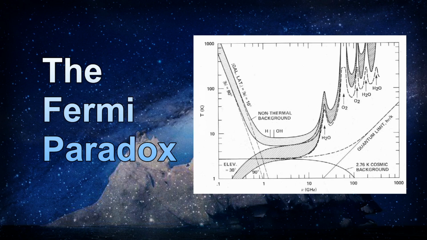Now, there are some potential explanations for the Fermi Paradox that have been offered. I'm going to read off a list of them. Extraterrestrial life is rare or non-existent. Extraterrestrial intelligence is rare or non-existent. Intelligent alien species have not developed advanced technologies. It is the nature of intelligent life to destroy itself. It is the nature of intelligent life to destroy others. Civilizations only broadcast detectable signals for a brief period of time.